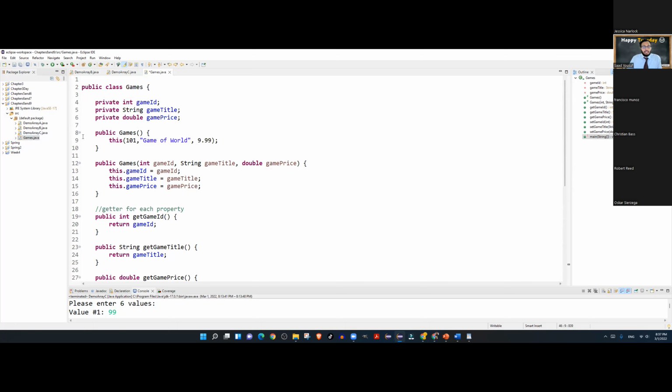You don't need to have the exact same values for the default, just in case anybody's wondering and trying to type the exact same values. It's just a methodology that should be there. The 3 properties, the getter and the setter for each property, 2 constructors, a default with a this call to the overloaded, and the overloaded assigning the values to the properties.